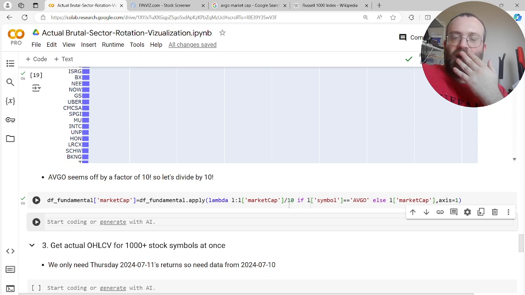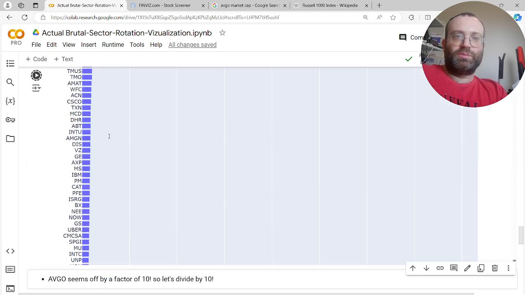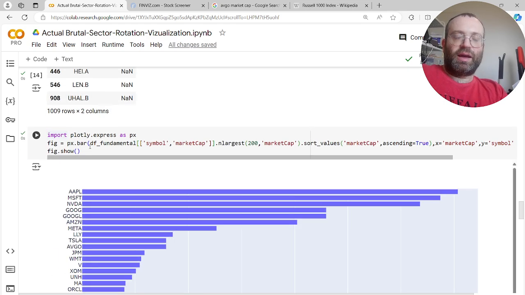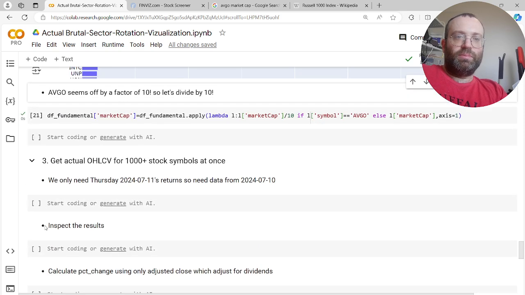Yeah, so that should work. And now the plot will make more sense. If we plot this, we'll see that we should have Apple as the highest one and not AVGO, Broadcom. Okay, so now that we got the fundamental data, the market cap and the sectors and all that stuff, let